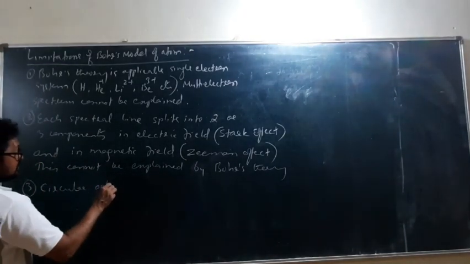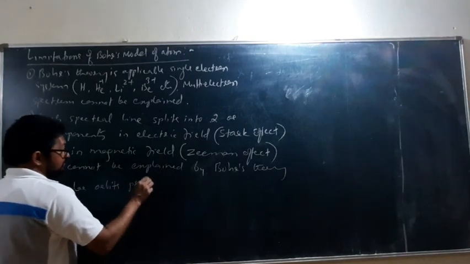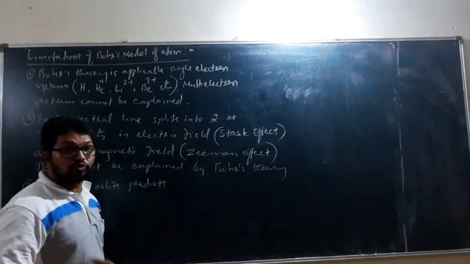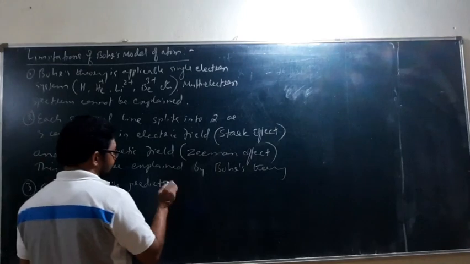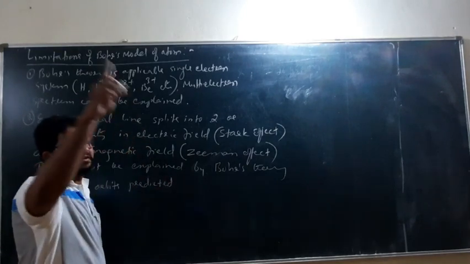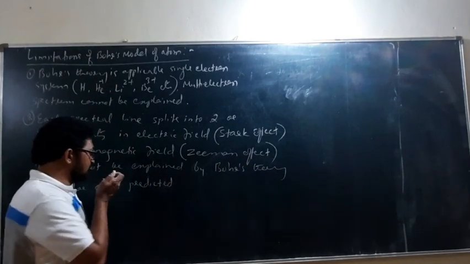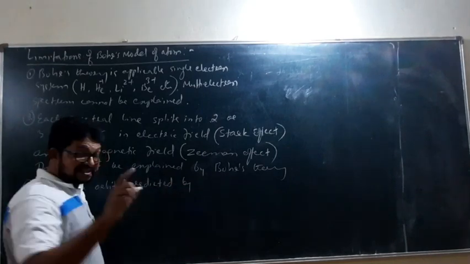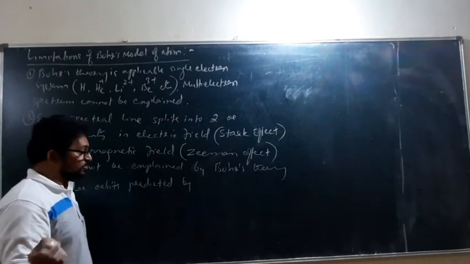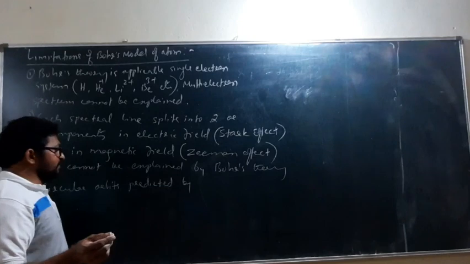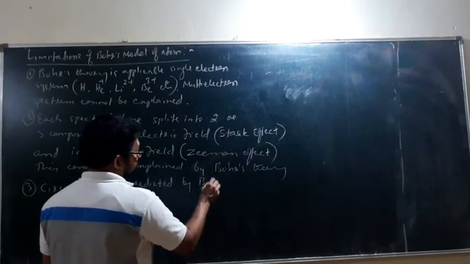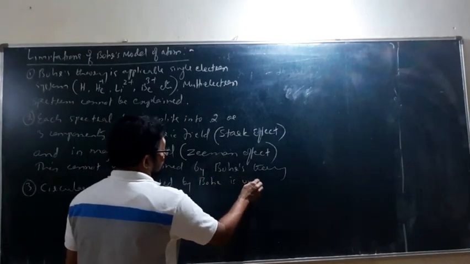Elliptical orbits are predicted by the Sommerfeld model. I told you even planetary motion is elliptical; that is why seasons are created due to elliptical motion. Circular orbits predicted by Bohr are unstable